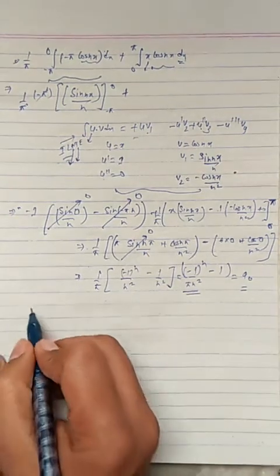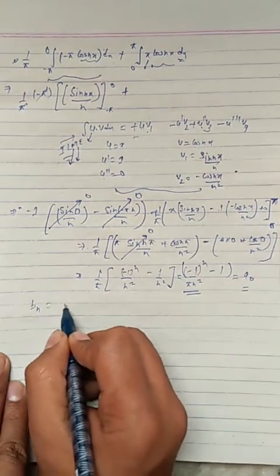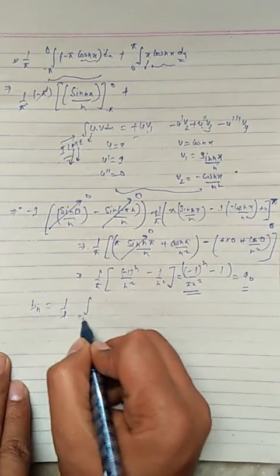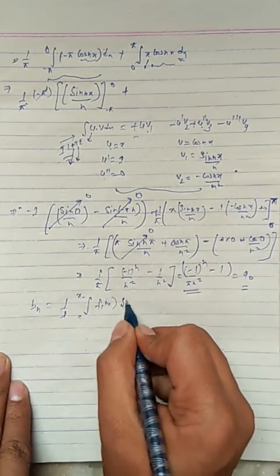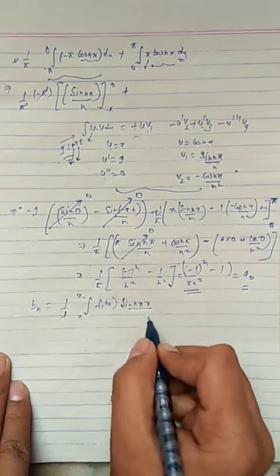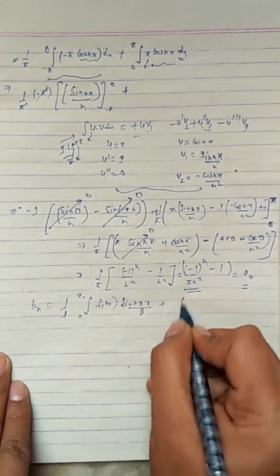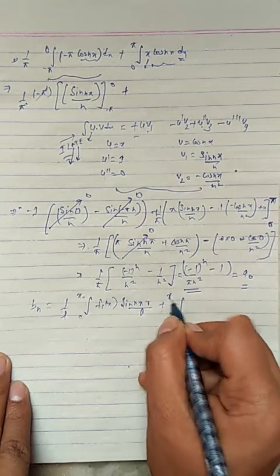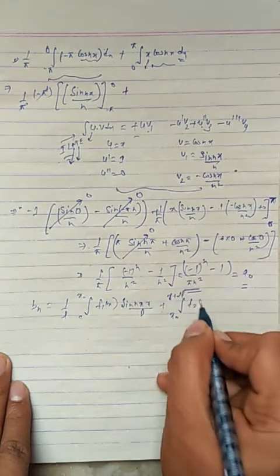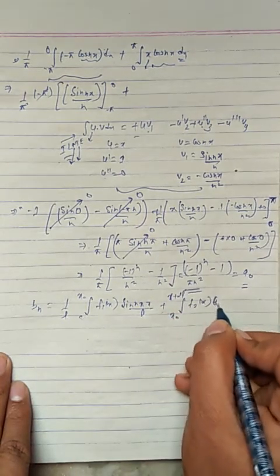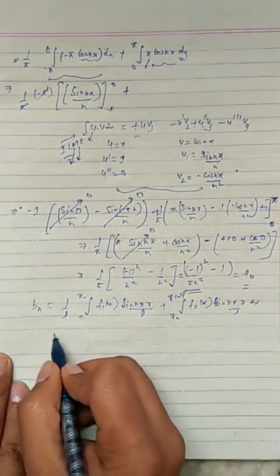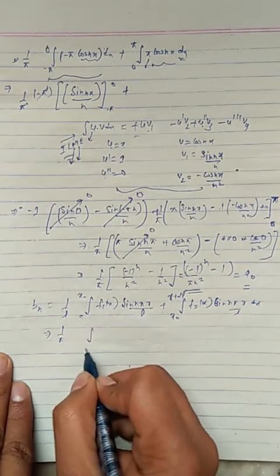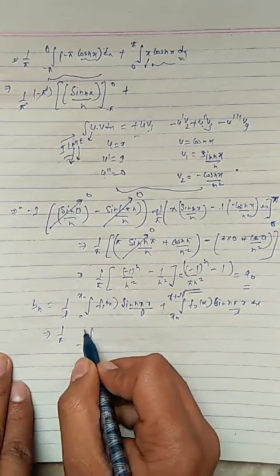Now we have to calculate the value of b_n. b_n is 1 upon L, integration of c to x naught f1(x) sine of n pi x divided by L, plus x naught to c plus 2L f2(x) sine of n pi x divided by L dx. L is pi, c is minus pi, and x naught is 0,